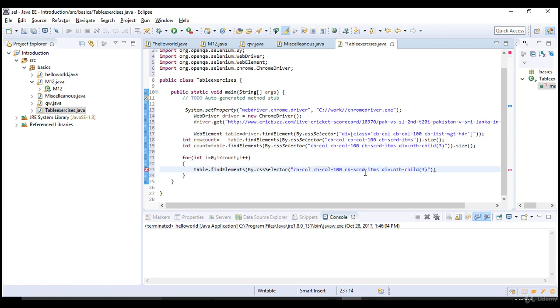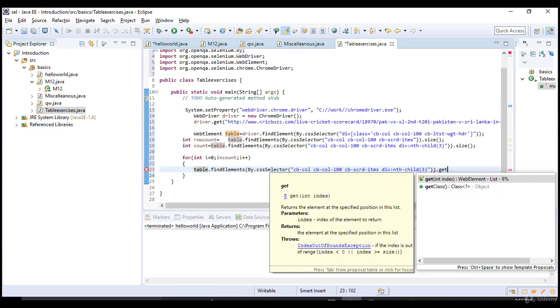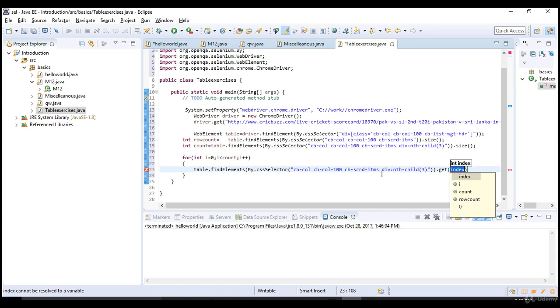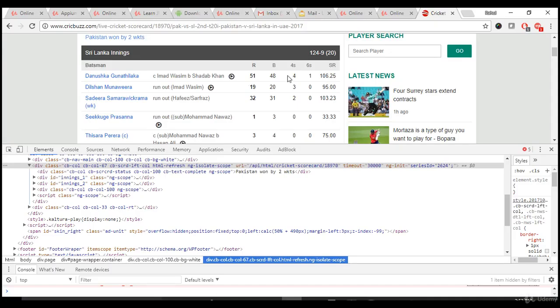If you want to grab one item from the entire list, you can say dot get, and you need to pass the index. For the first time, as I am passing i here, when it loops for the first time, 0 will come inside, right? So it gives us the 0th index value which is located here, isn't it?